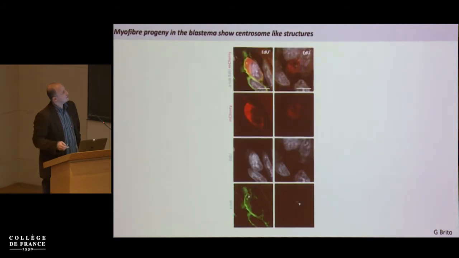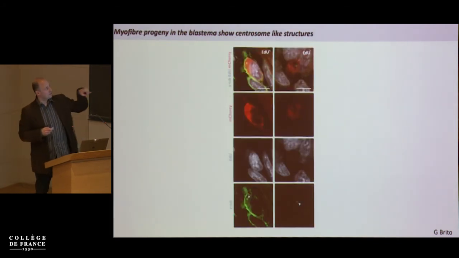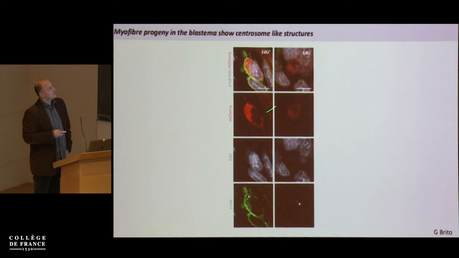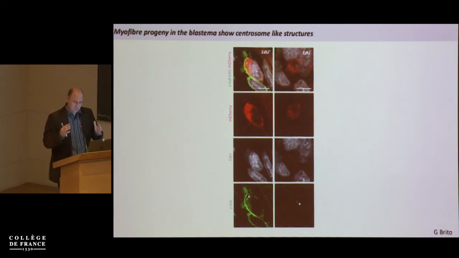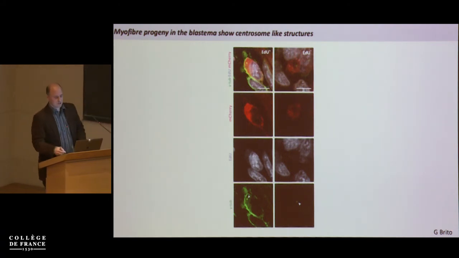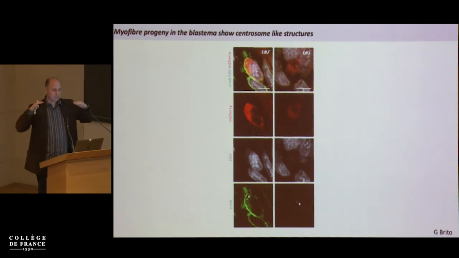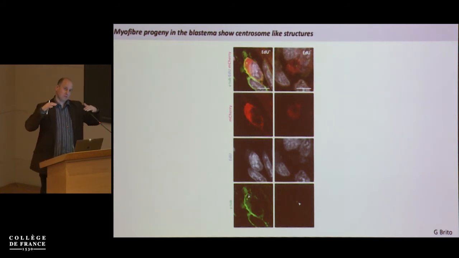And when we look at the tracing, the traced myofiber-derived cells in the blastema are labeled by red, and we see that the myofiber progeny in the blastema have centrosome-like structures. We can't really say that they are centrosomes, but the data suggest that. This provides an interesting difference at the cellular level, why Newt myofiber progeny would be able to resume proliferation in contrast to the mammalian